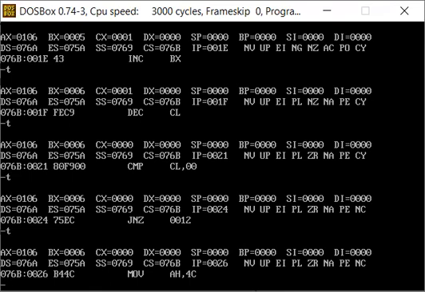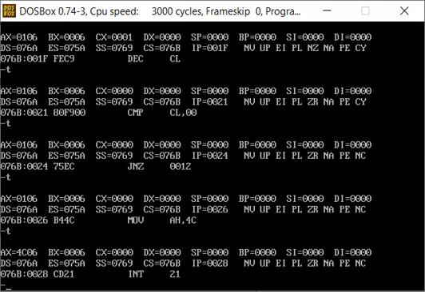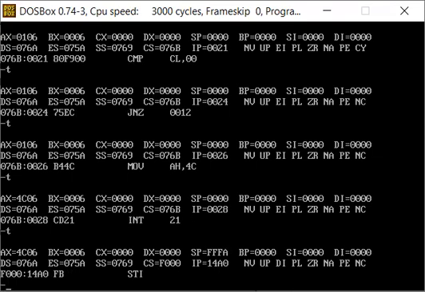AH with 4C. But if we notice here, the AH part of AX contains the least element in the array, which is 1, and the AL part contains the highest element in the array, which is 6. Our example is 1 2 3 4 5 6. So here we can see that we are storing our result directly in the AX register. Now if we type T again, since we have loaded 4C into AH and we are typing int 21, the code will be exited.